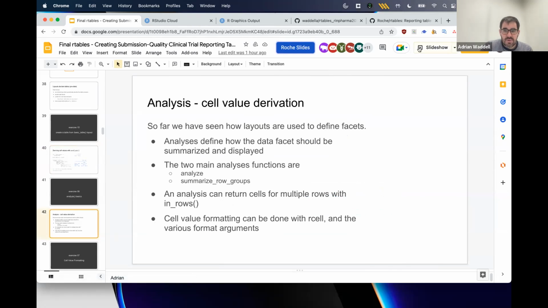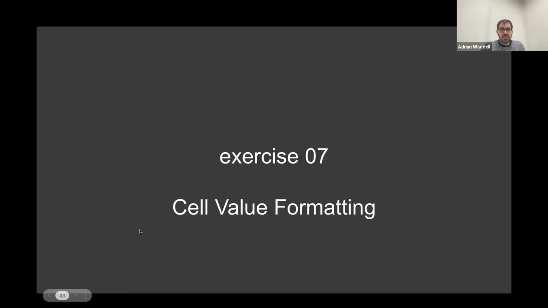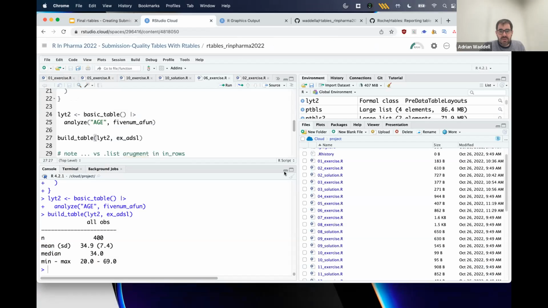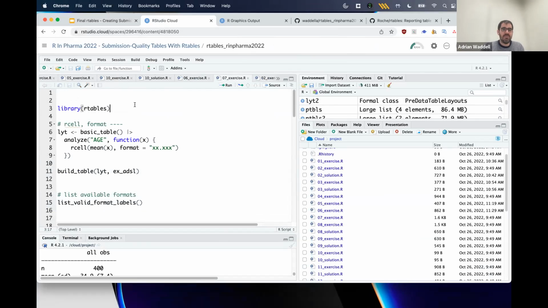The next thing I would like to focus on here is to show how we can format, how we can modify your format, and how in rows can be used for collecting cell values for multiple rows, and then how to format that. And so I'll go over this. We don't make an exercise. You can run while I show it here. But